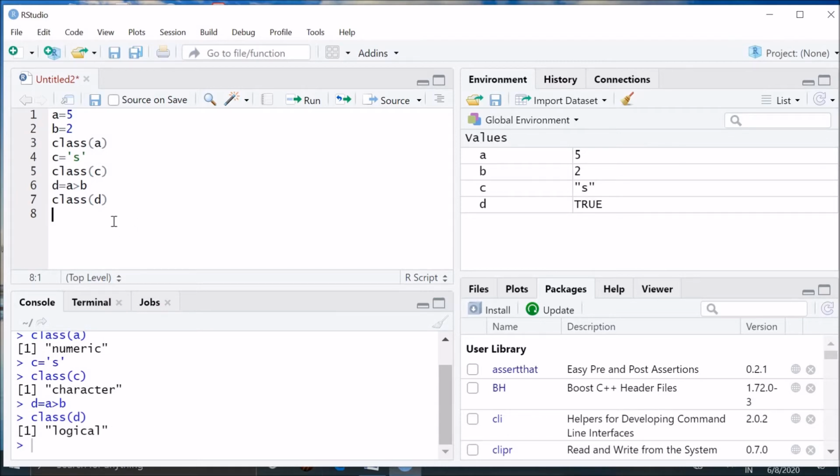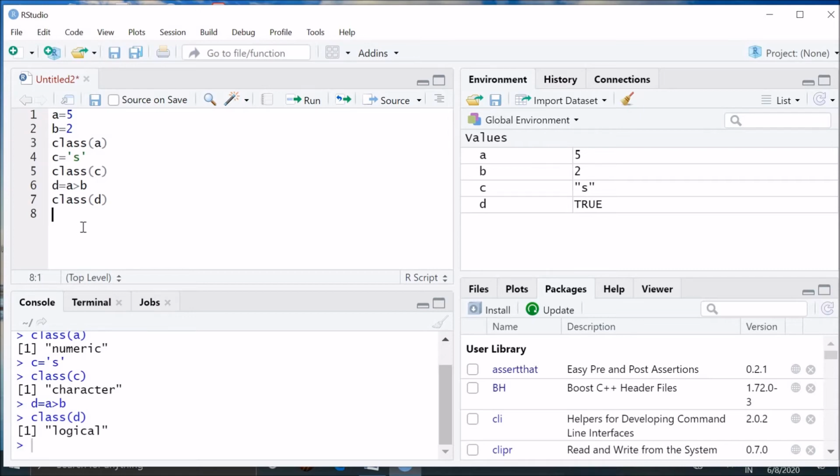So there is a difference between numeric and logical, and between numeric and integers. Here, numeric contains all kinds of numbers, including decimals. But integers are explicit integers, which means they don't contain decimals.